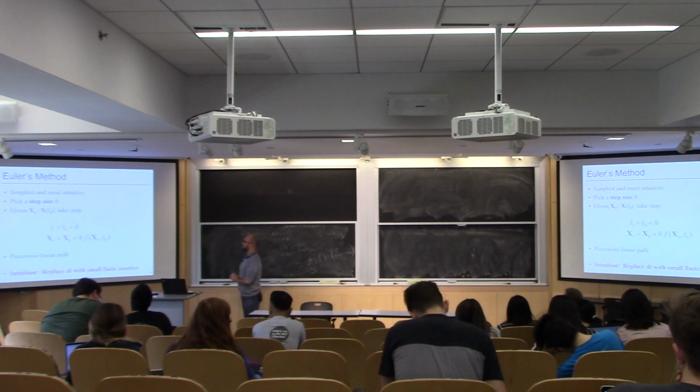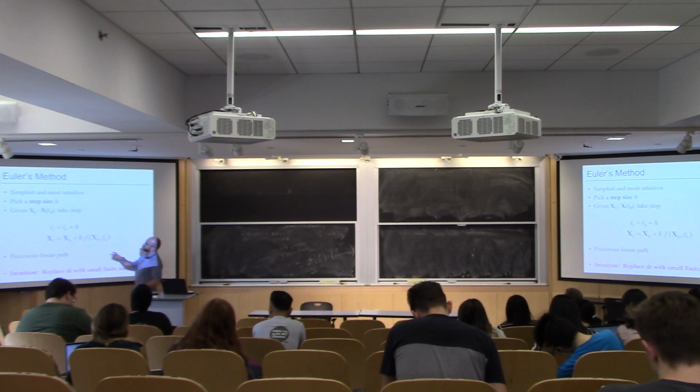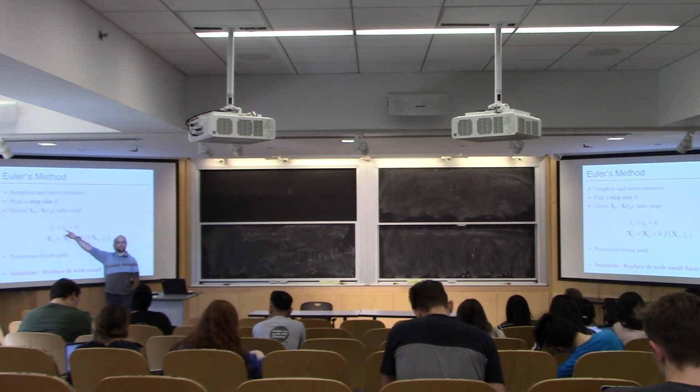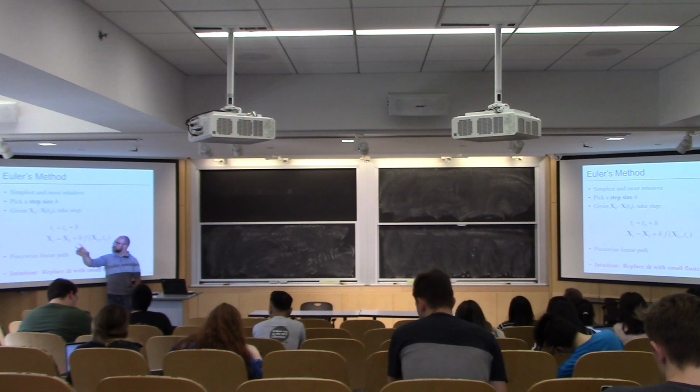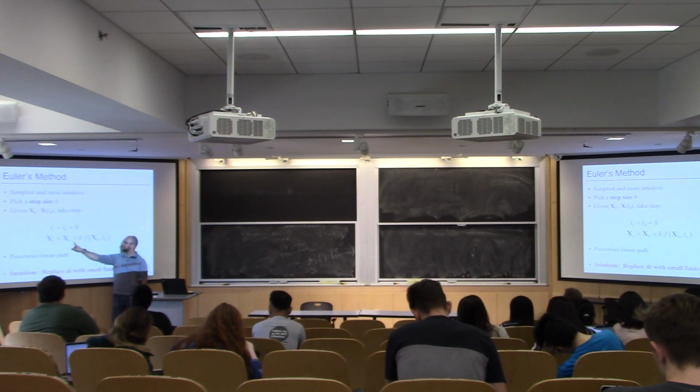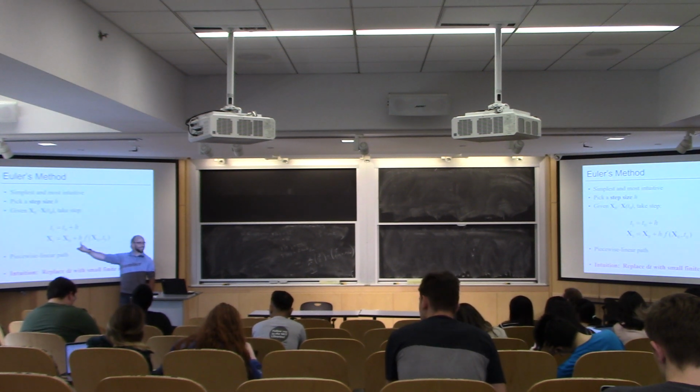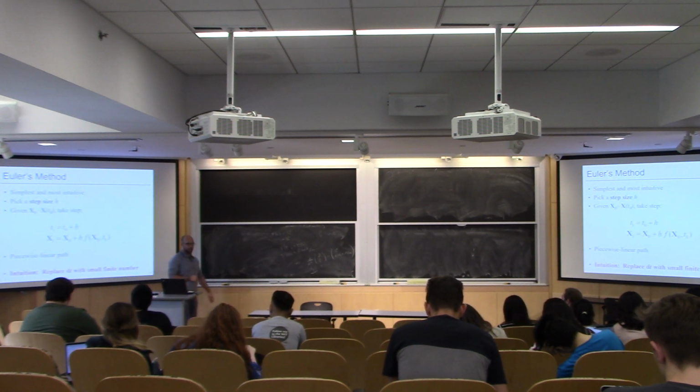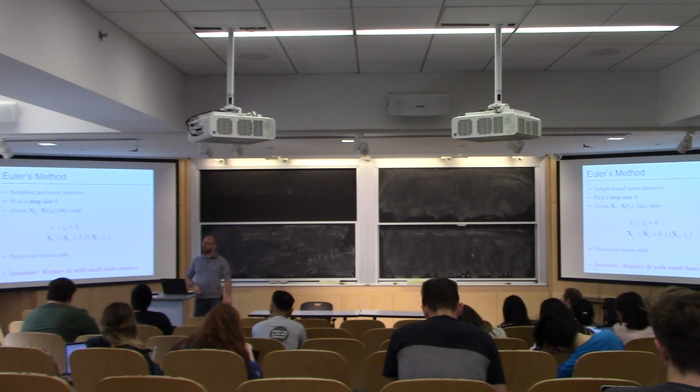So I have my system at some time t naught, and now I want to predict the configuration of my system at a new time t naught plus h. So what do I do? I have my configuration. I just take the right-hand side of my ODE and I scale it by h. So this technique is called Euler's method, or if you're in the know, you call it forward Euler,